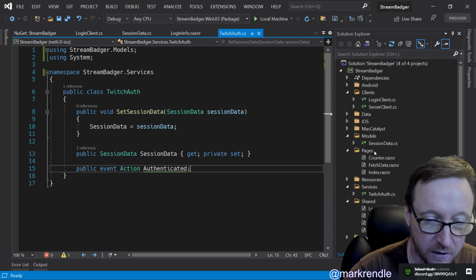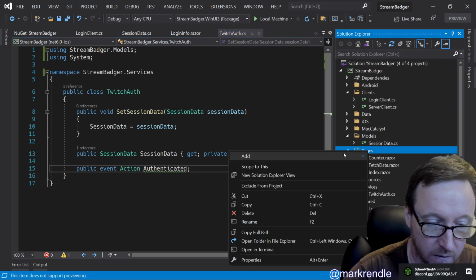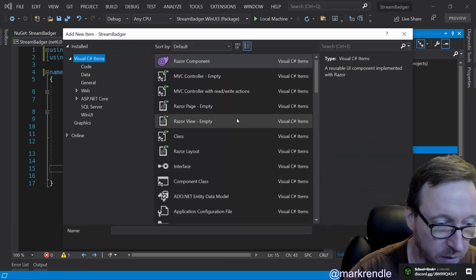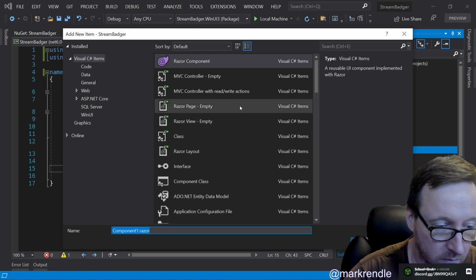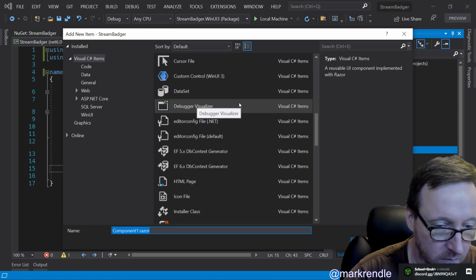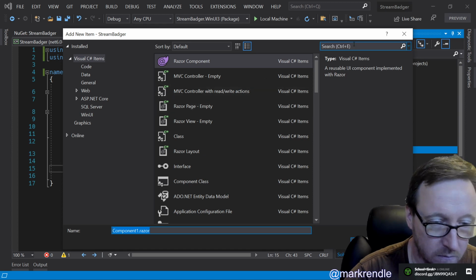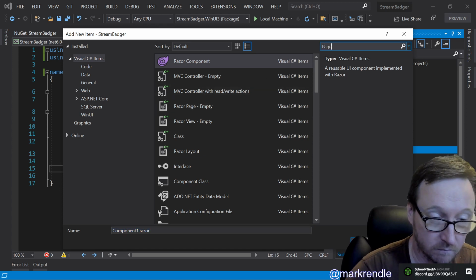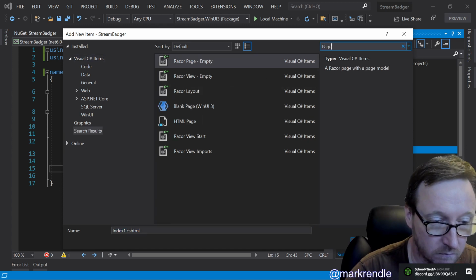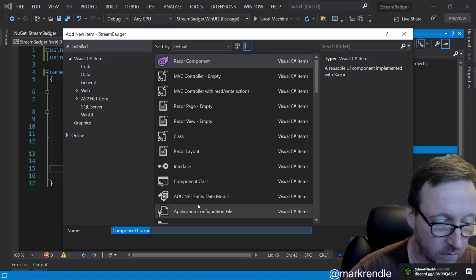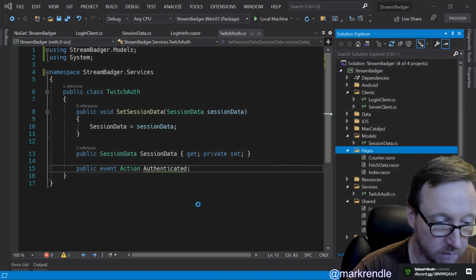And that is because we don't have a Razor component, login.razor,